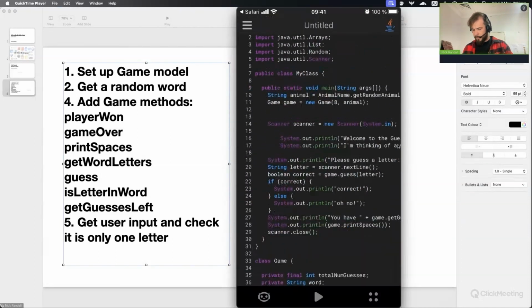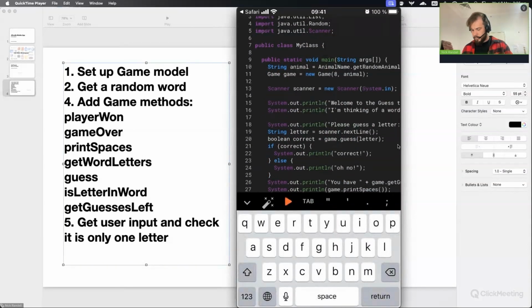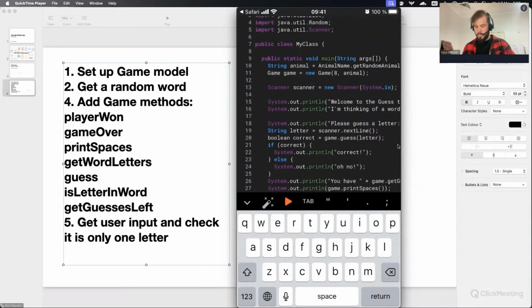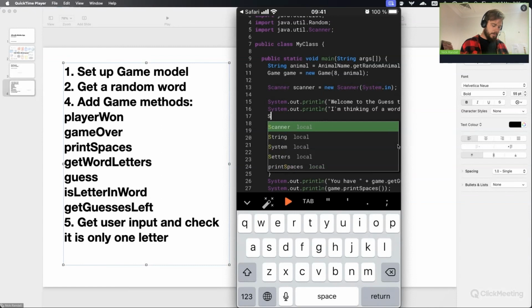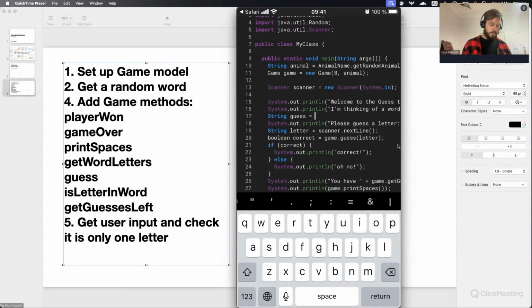I'm going to tidy everything up real quick. But what I really want to do is just add a while loop. So please guess a letter. So we're going to introduce a while loop right here. We're going to say, well, first we're going to say string guess equals empty string. Okay,